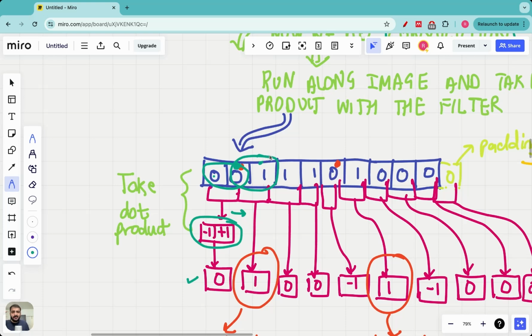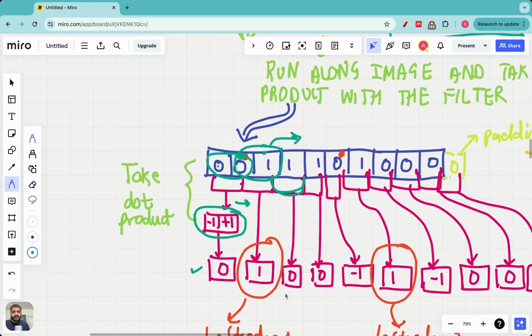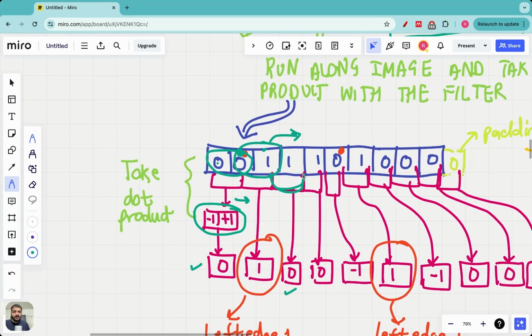Then I will slide it further. I'll slide the filter further to the right, and then I'll take the dot product of the filter with these two. So that results in an answer of 0. Then I'll slide the filter further to the right, and then I'll take the dot product of the filter with